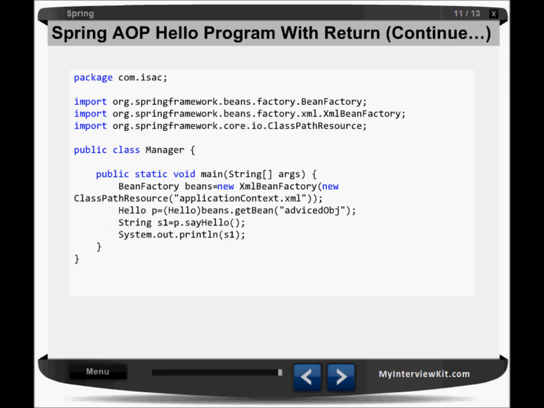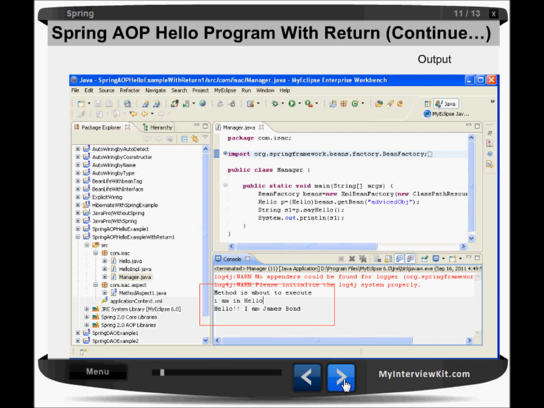Now you can see this here. Once we run this code, okay, what is the output? Before executing the sayHello, this line is getting executed. I mean the method which we have before, that line has been executed, and the message is coming from the sayHello, that I am in hello and hello I am in gym. So this is the code of my sayHello, right? And this has been written by the sayHello. This is mentioned in the sayHello method, right? So we are trapping it in S1 and printing here.